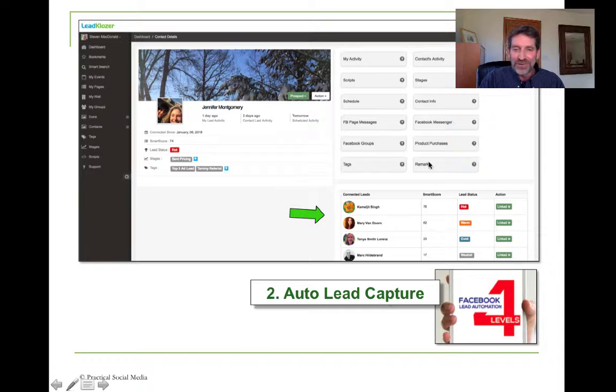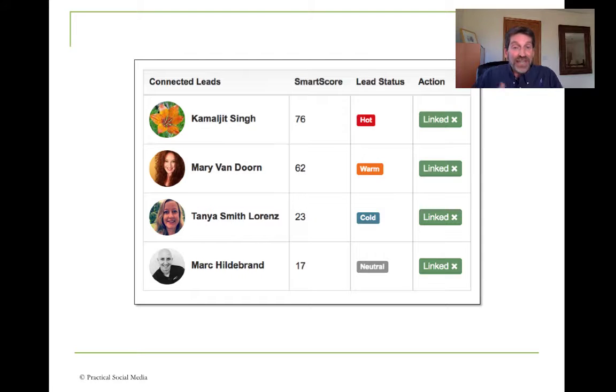Now, down below, there's another area here. What's that area? That's connected leads. So let's say Tammy referred 20 people to me. Well, maybe I want to connect all those leads to Tammy, right? There's a reason why, there's a husband and wife that I'm talking to. I'm going to connect those two. Or a sister of the lead that I'm talking to. I'm going to connect those two. So it's always really important. It just makes you more efficient to be able to have connections between the leads and the contacts you have